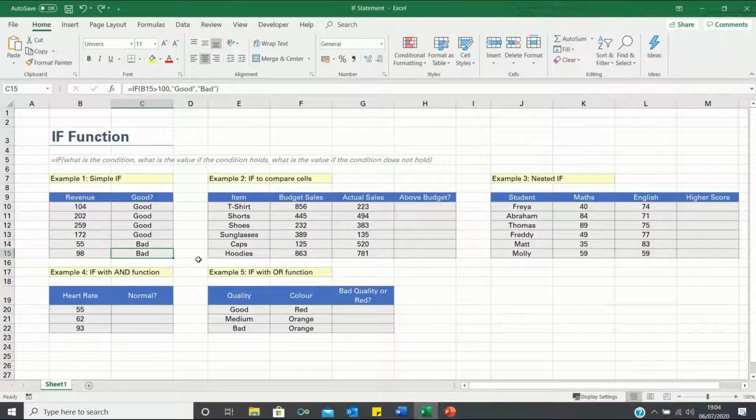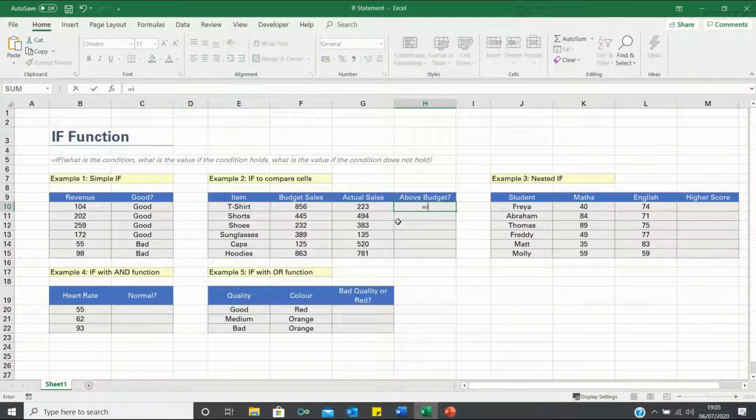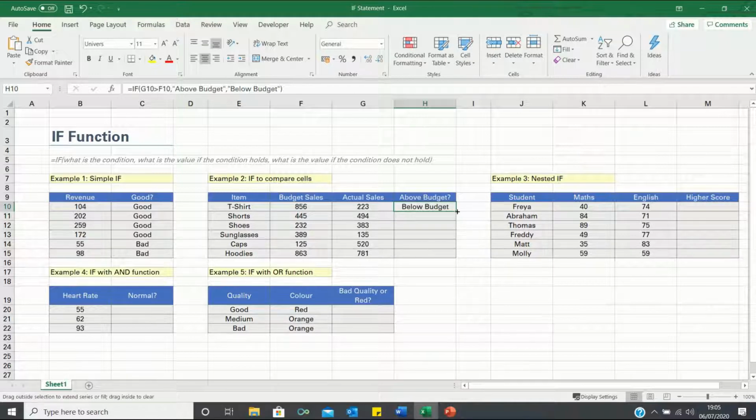However, sometimes we may want to use the if function to compare 2 cells. In example 2, we have the budget and actual sales for several items and want to determine whether the sales were above budget or not. So if G10 is greater than F10, we want it to say above budget. Whereas if the condition does not hold, we want it to say below budget. We can then once again double click the bottom right hand corner to bring this formula down. So as you can see, t-shirts, sunglasses and hoodies were below planned, and therefore as managers we may want to